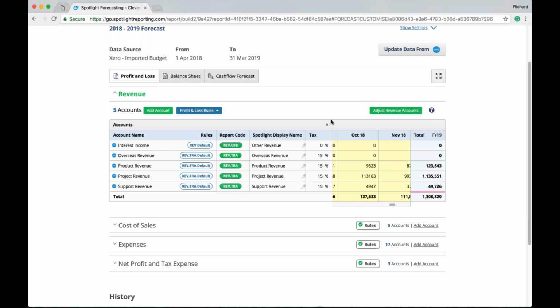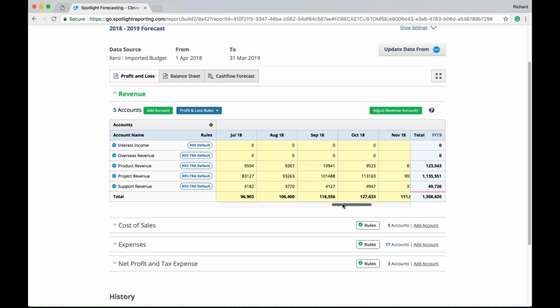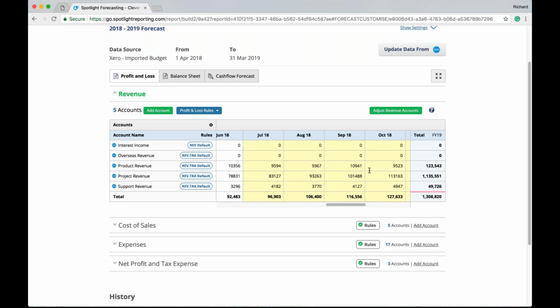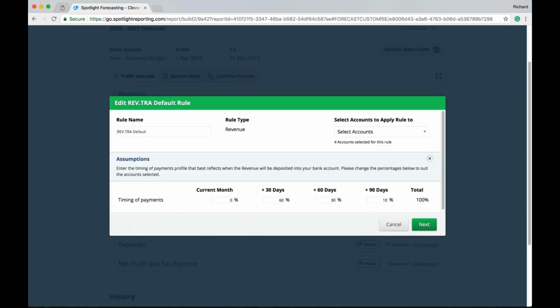So let's start looking at some of these rules and adjusting some of the values in Spotlight. So our tax column here is any sales tax on the items, the values that show in the customized data grid being GST exclusive. So the sales tax amount will be applied to those values. With the payment timings, of course, remembering that these are accrual entries, the payment timings being determined by our forecasting rules. So if we click the default revenue rule,